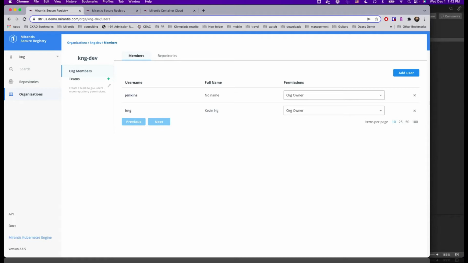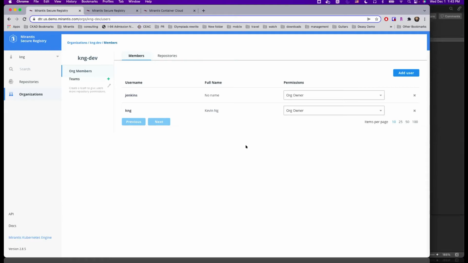Awesome, thanks. All right, so let's take this from where we were talking about in the diagram. So you've got your application software bill of materials come in, and your container image is now stored in the repository.